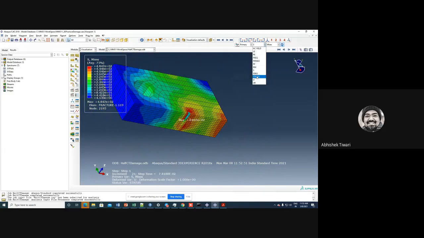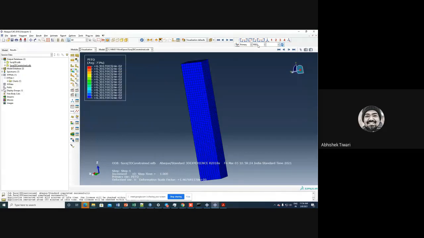So if we have a look at damage, got stuck. Yeah, now Abaqus either will crash or it will take a lot of time. I think it crashed. Yeah, I think it has.